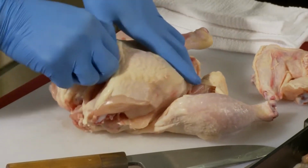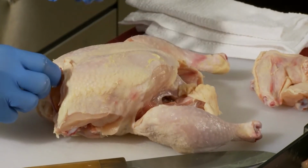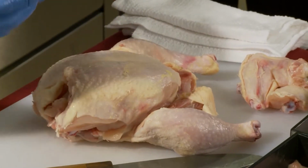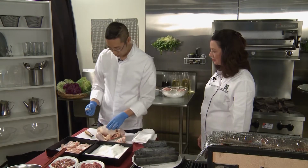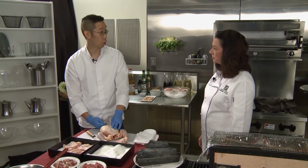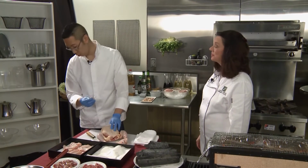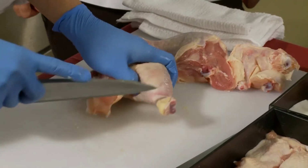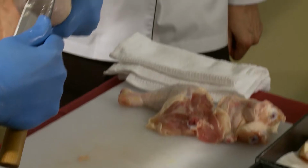So the first thing, before I separate the breast from the carcass, I take off the wishbone. And this is important because if you leave the wishbone, you will cut off more of the chicken breast. Right, because you have to cut around the bone. So then we have the breast, and now we have the thigh. And the thigh, I'm going to just separate